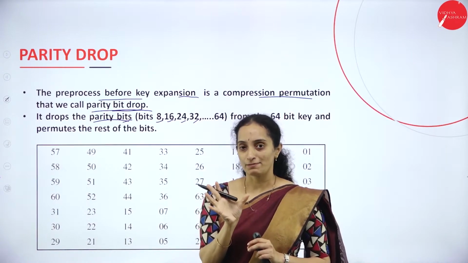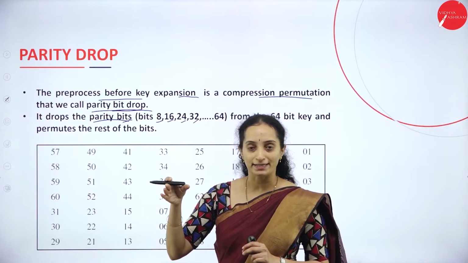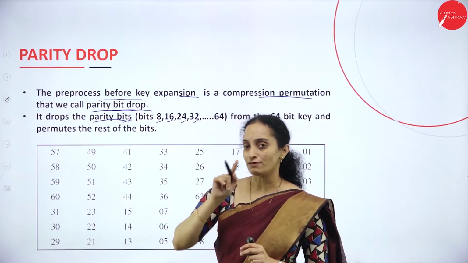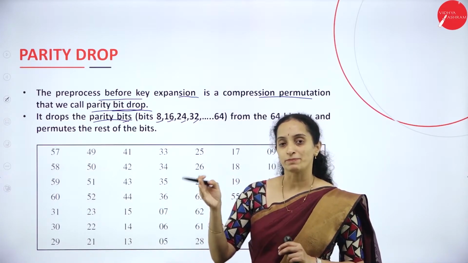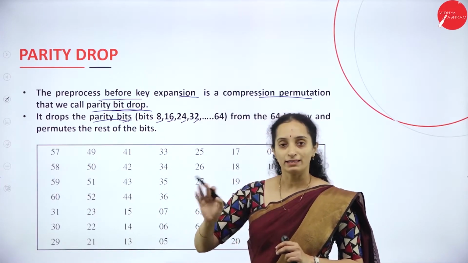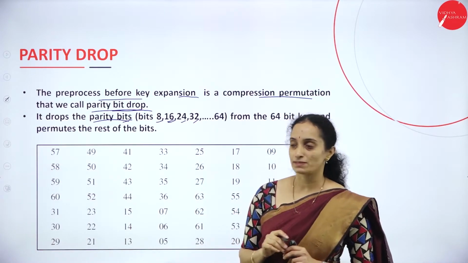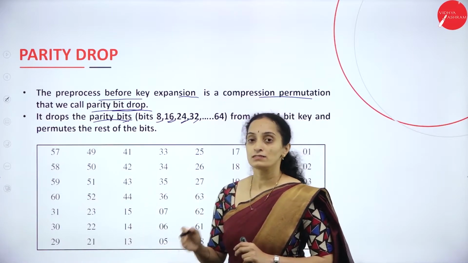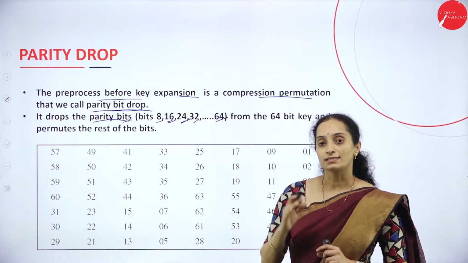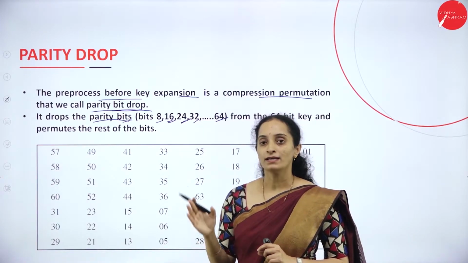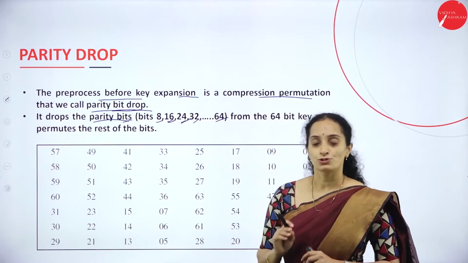We use an 8-bit block where the last bit is considered the parity bit. One byte is considered for one block, and the last bit is considered the parity bit. So, in the first block, the 8th bit will be suppressed. In the second block, the 16th bit will be suppressed. In the third block, the 24th bit is applied. Like this, the last, the 64th bit, will be considered the parity bit and dropped from